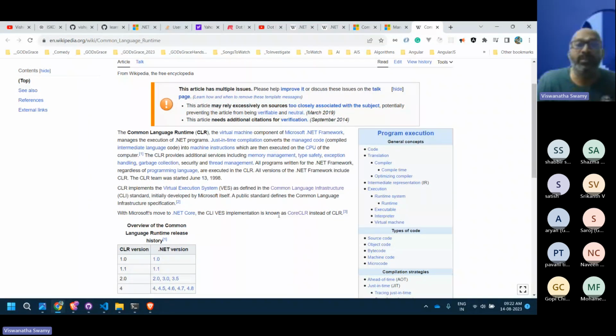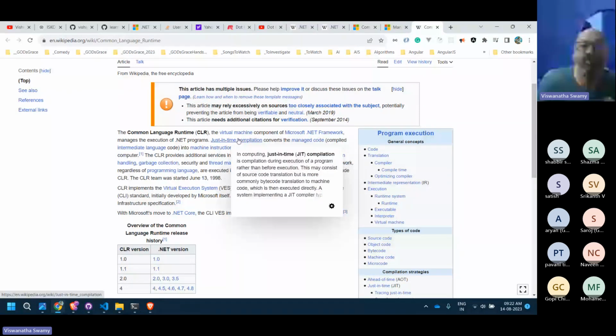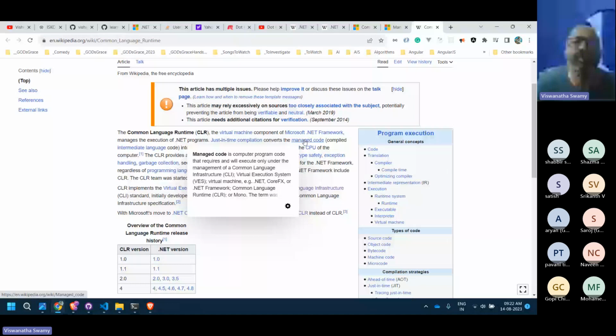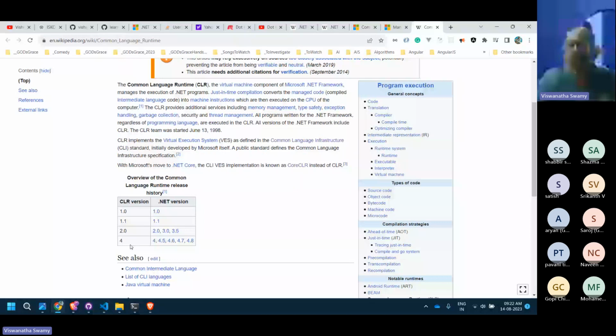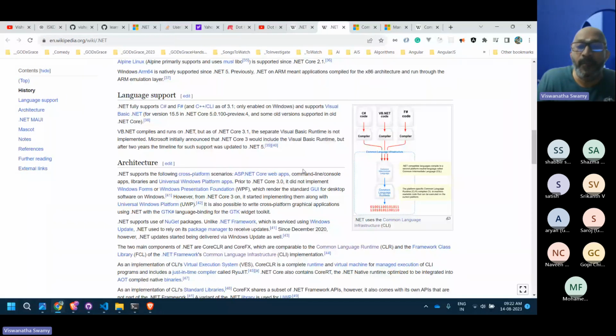And you can see that memory management, type safety, exception handling, garbage collection, thread management, all these things are done as part of this CLR. That's the virtual machine which executes our code. Right now the CLR version is 4, and the .NET Framework version is there. Now the CoreCLR, I think it will be a separate thing.